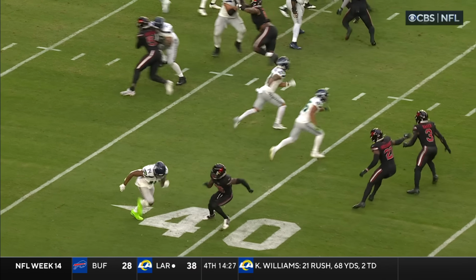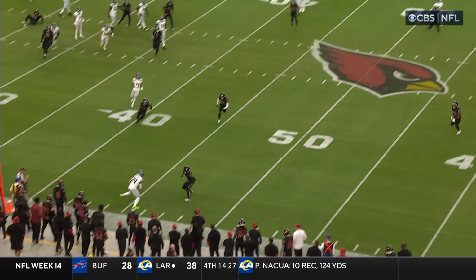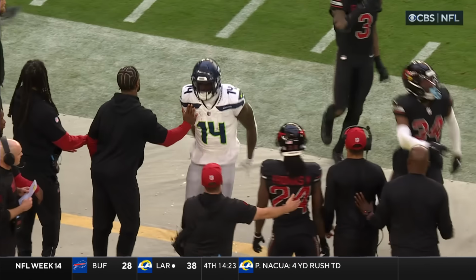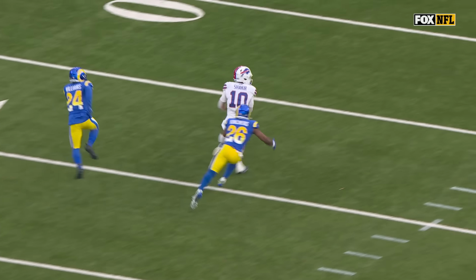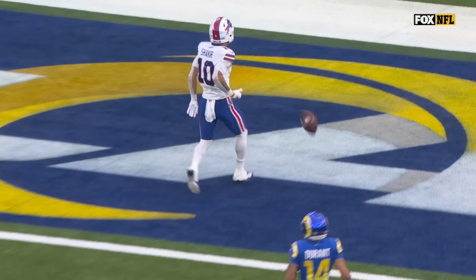This is what 6'4", 235 gives you, but he doesn't even have to use his strength there. He just runs a great route because he also possesses sub 4.4 speed that you have to respect. Let's see here about this route. It's just Shakir over the ball, and there is nobody in the screen. And he gets almost 25, 30 yards into the defense before anyone is